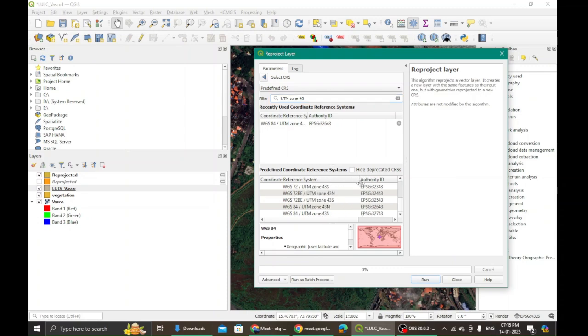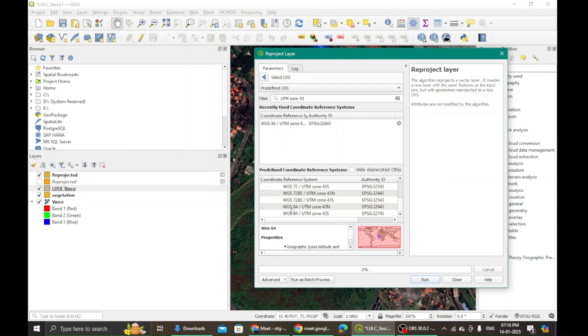So for that we have to just extend this. Bring your mouse cursor here, hold it and drag it such that the entire name becomes visible to you, and this is UTM zone 43N. That is what we are interested in. However, not for WGS 72B.